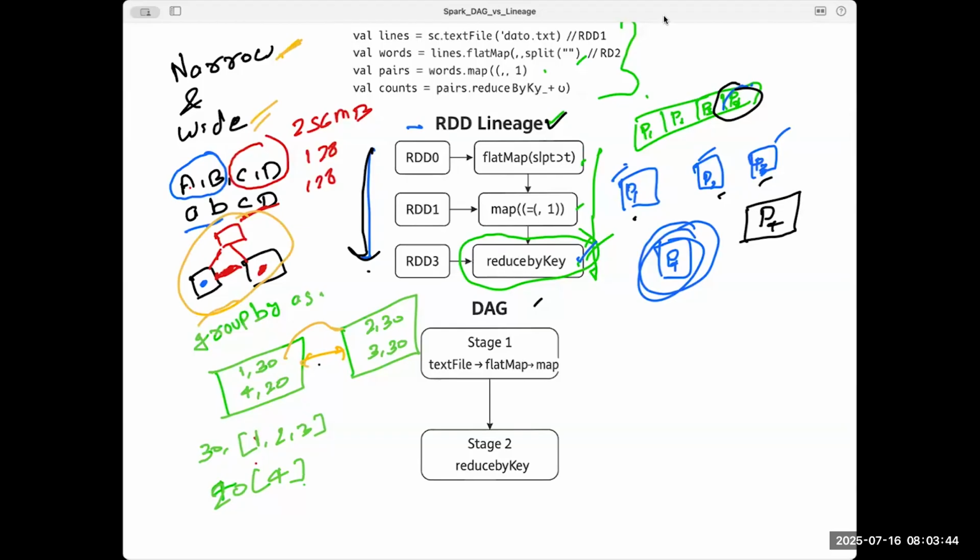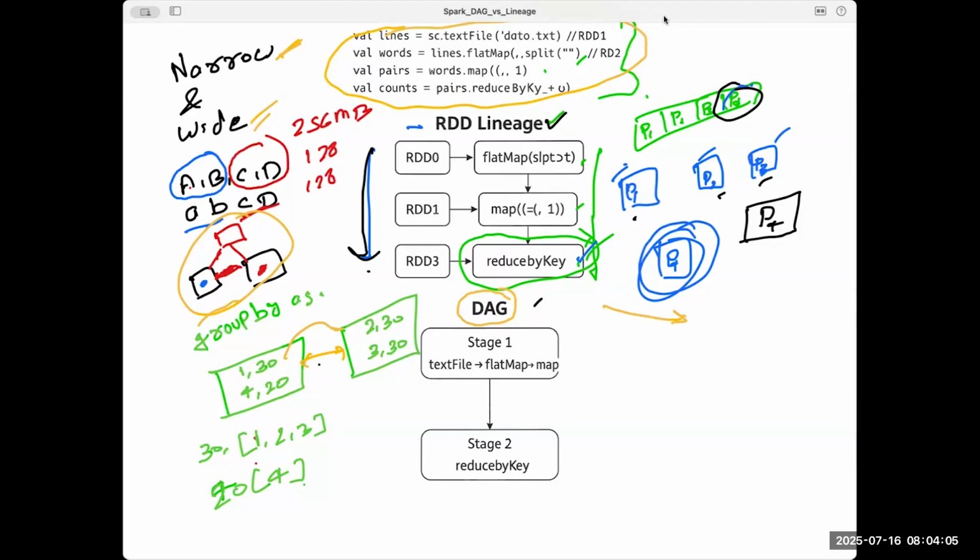So actually, DAG will help you to run the job. For your full program, it will create one DAG out of it. I will show you on the Spark cluster how it is creating the DAG.